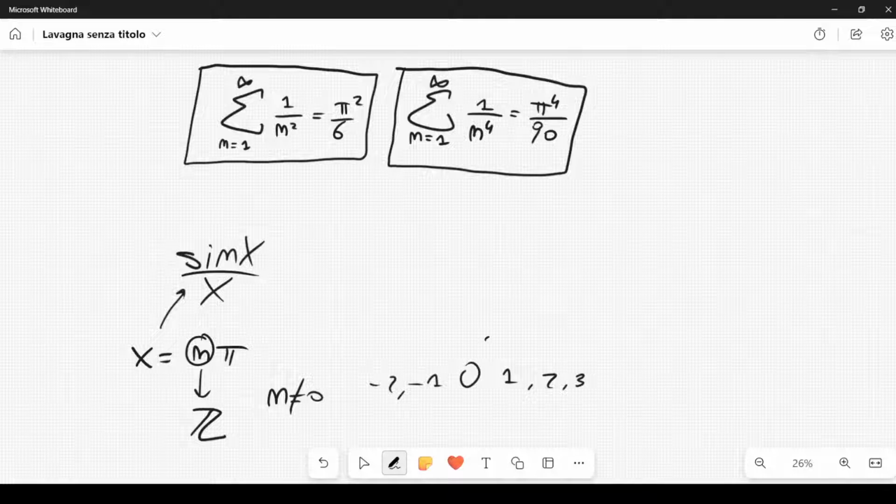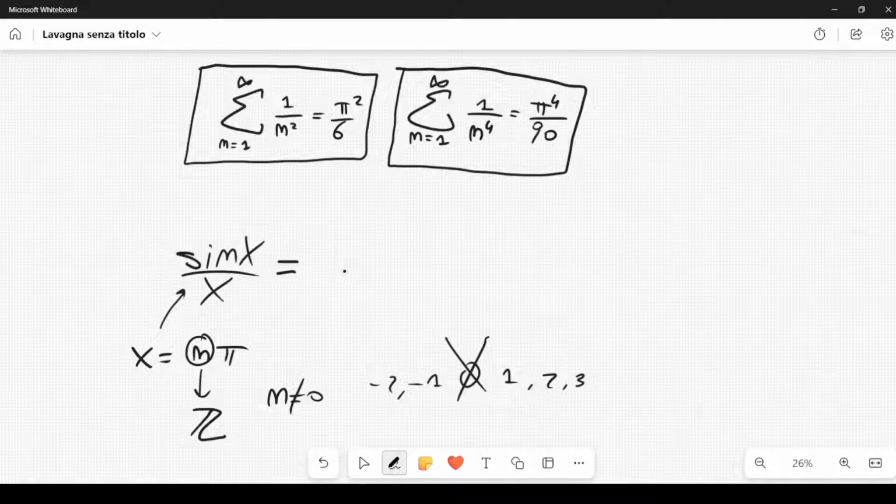0 is excluded, because if you set x equal to 0, or you take the limit, the limit of this function as x goes to 0 gives you 1. So that's not a zero of this function. But apart from that, the sine of x has zeros at x equal to n pi, where n is a non-zero integer. Now, since we know where the zeros are located, we know that this function can also